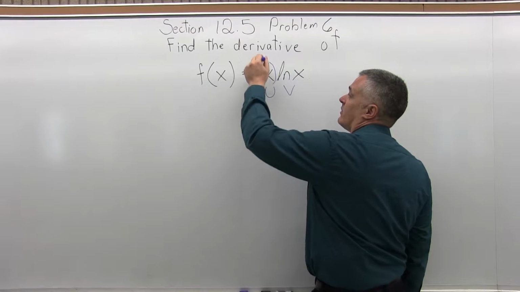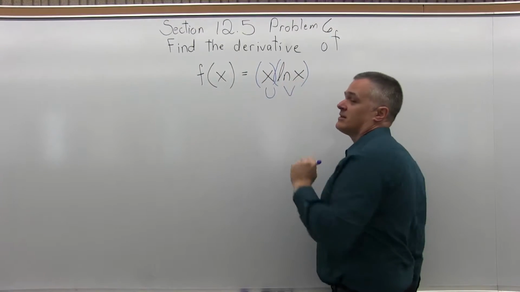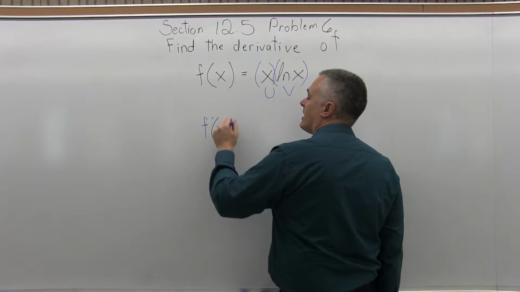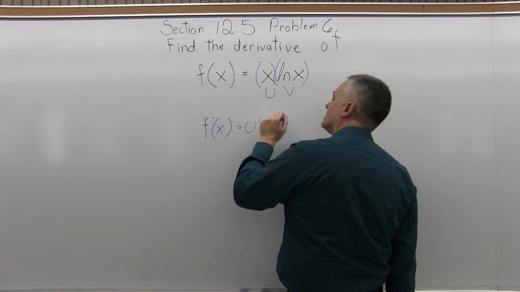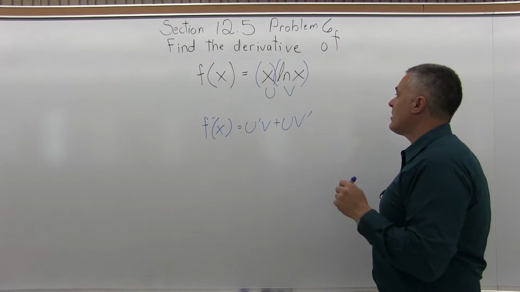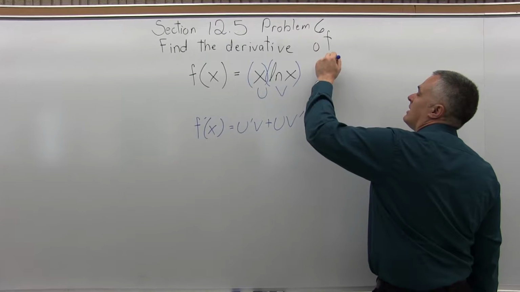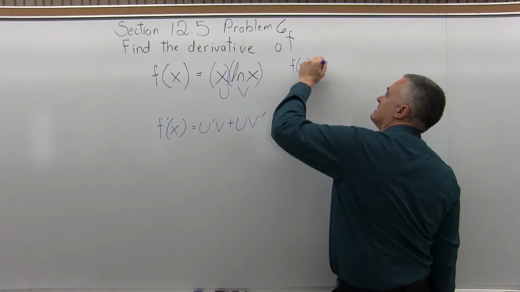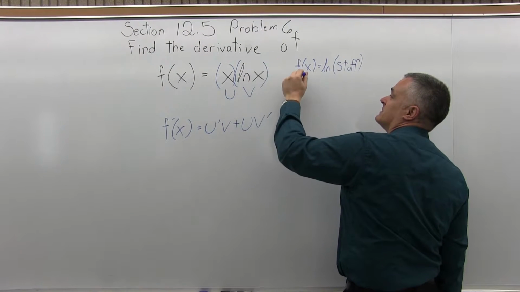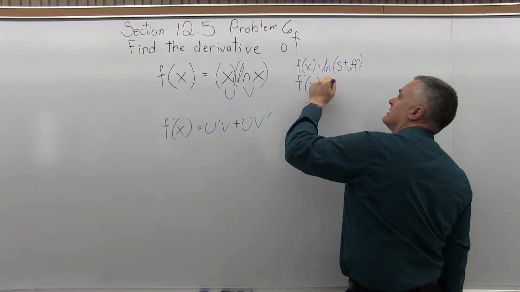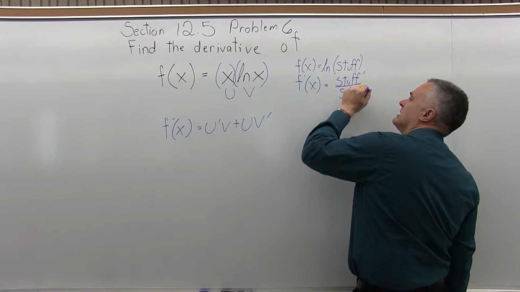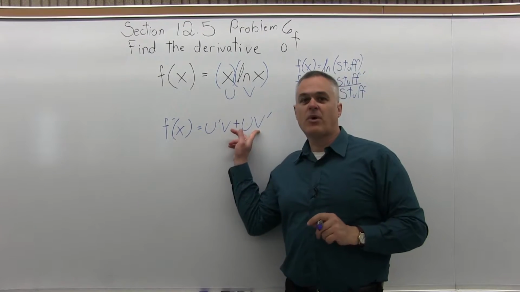So just to clarify that, we can introduce some parentheses just to make it clear what the two parts of the product are. So whenever your function is a product, f prime of x equals u prime v plus u v prime. And that's what we're going to have to fill in. And when we do the v prime, what we're going to use is, if your function is natural log of stuff, because that's what the v is, it is natural log of some stuff, then f prime of x is stuff prime over stuff. We're going to use that when we fill in the v prime part of our product